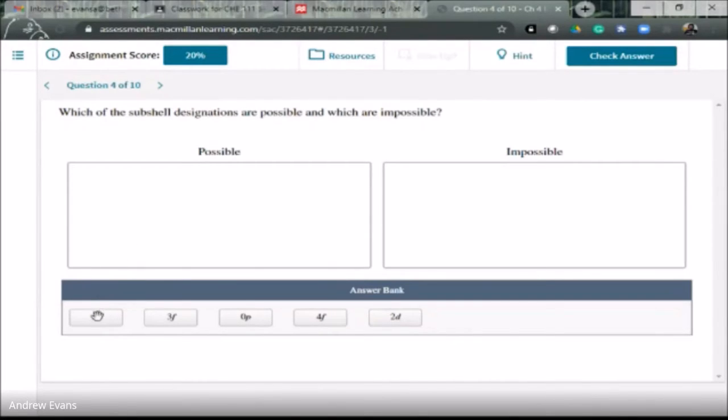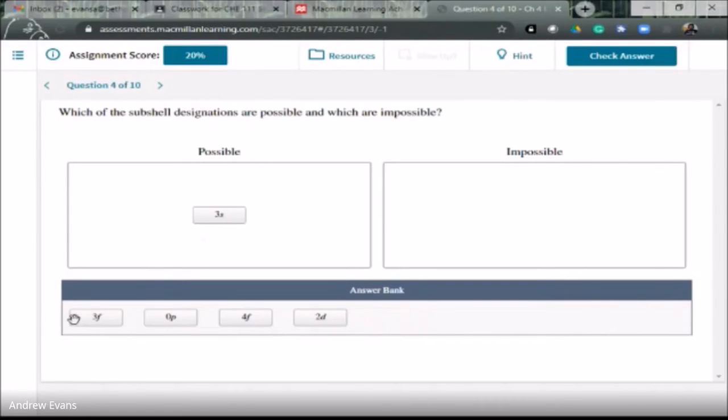So let's look at a few of these. 3s. Is it possible for something to have a 3s orbital? Well, if it exists on row 3, sodium and magnesium would easily be filling the 3s, as well as aluminum, which would have an electron in the 3s as well as the 3p, so that's very possible.